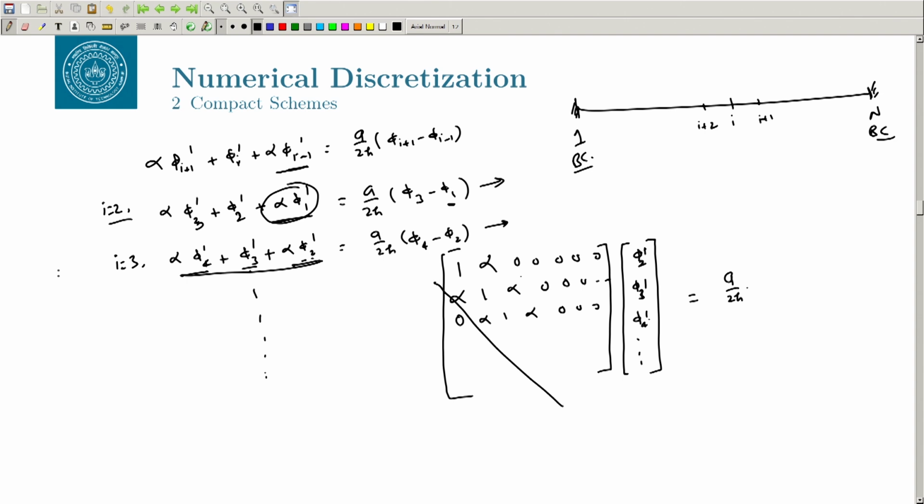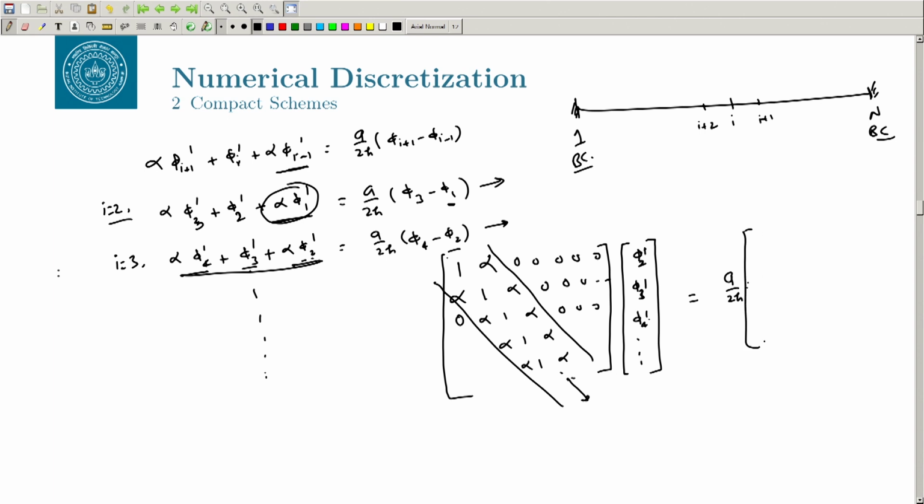and you would see that it will lead to a banded matrix, which is basically a tridiagonal system, right. So, this will be alpha 1 alpha, alpha 1 alpha and so on and so forth, right. So, 1 will be in the diagonal and then all these terms next to the diagonal will be alpha, and then the rest of the terms will be 0. So, this will give you a banded matrix, a tridiagonal system,